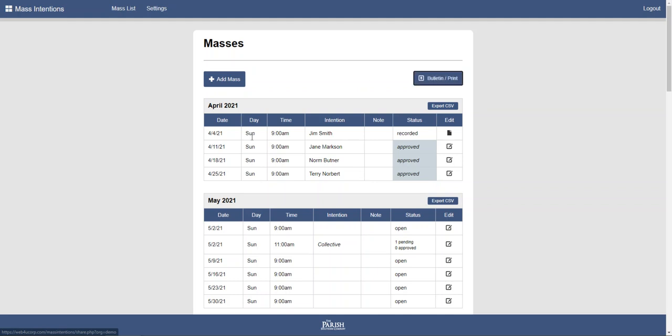So it's a very neat feature that allows you as the administrator to be able to edit and approve and officially record and even export. But for the copying and pasting, the sort of publishing side of things, you are able to share that internally without giving access to this area.